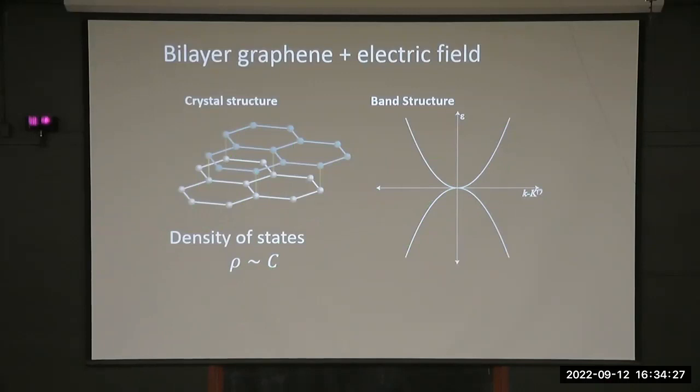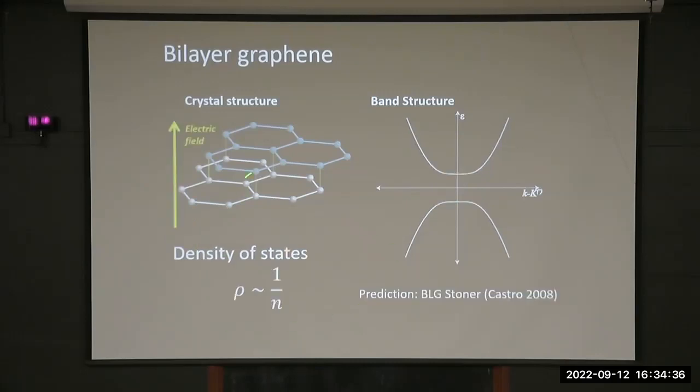So it turns out you can do better if you now take that graphene bilayer and apply an electric field across it. What happens then is that this band structure changes. You open up an energy gap at charge neutrality. And what's sort of remarkable is that